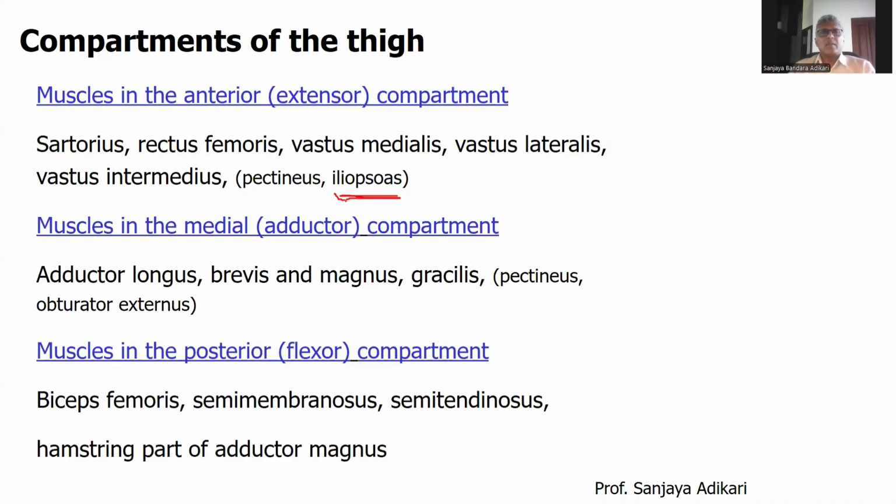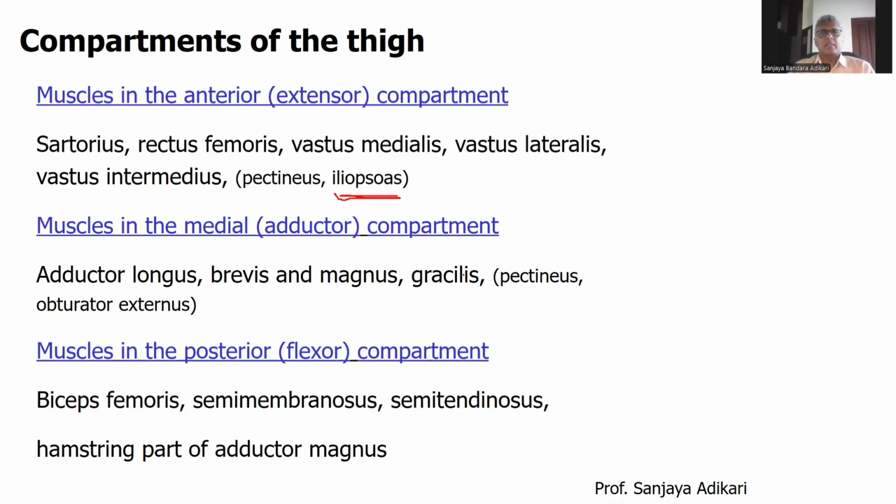So originally, its place is in the posterior abdominal wall rather than in the thigh. Okay, but since it's the iliopsoas component, since it lies in the anterior compartment of the thigh and acts on the hip joint, some people include it as a component of the anterior compartment. It's not wrong. Okay. Coming back to the adductor compartment or the medial compartment, all the adductor muscles are there